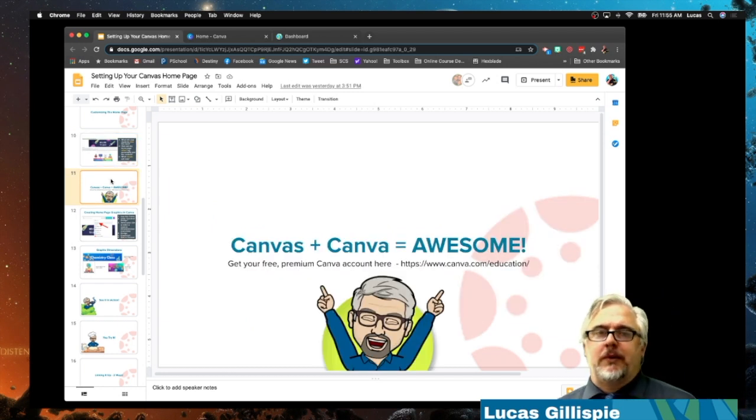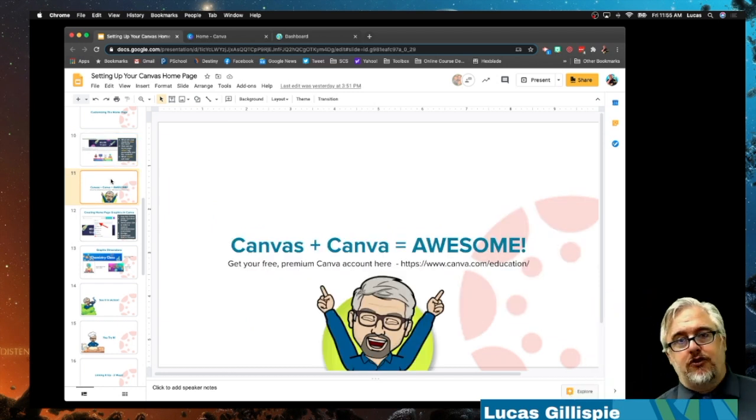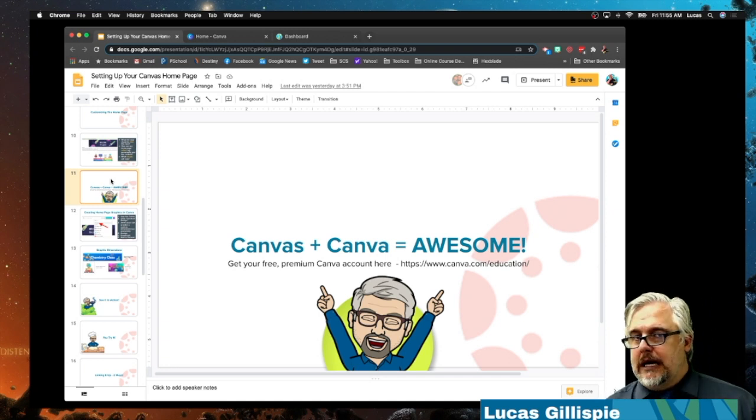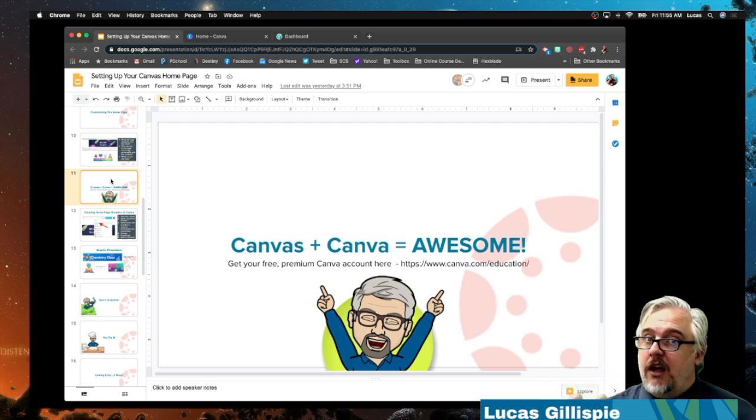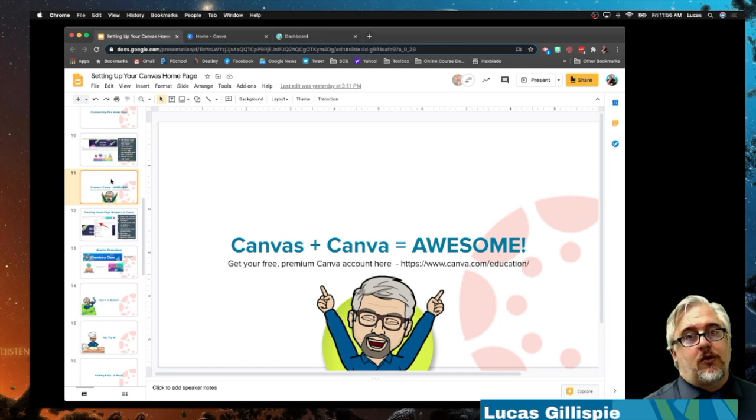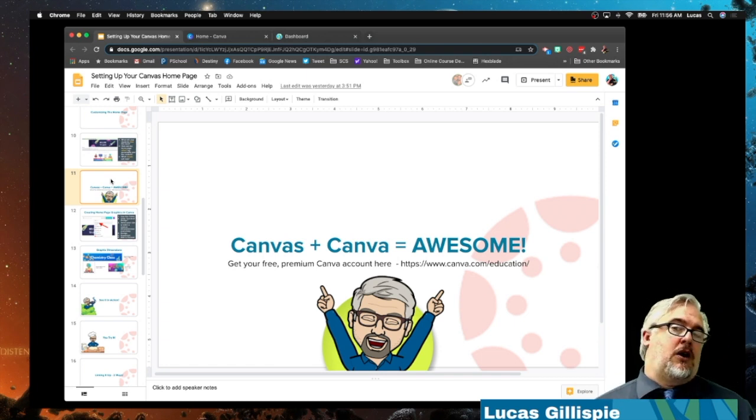Now, here's where we're going to switch gears a little bit. We're going to talk about another tool, and this is going to get a little confusing, so hang on. We're going to talk about Canvas, which is where we're building our courses. Then we're also going to talk about the tool called Canva, which is a fantastic tool where educators can use the pro version for free, and you can create images, buttons, banners, all kinds of great stuff for your courses. Now, that premium version that's free for educators, there's a link right here on this slide. You just want to go to